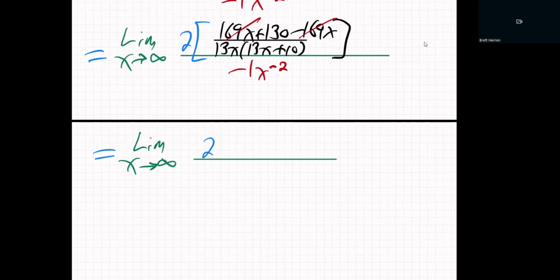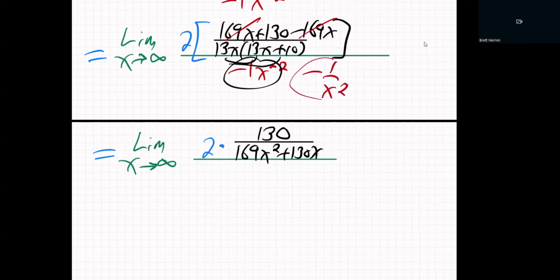2 on the top times 130. Well, I guess I will go ahead and distribute this: 169x squared plus 130x over... Actually, what I'm going to do, this guy is going to jump back up here. Remember, because he's minus 1 over x squared. I'm going to flip him back up. I know it's a lot of maneuvers here. This is going to become